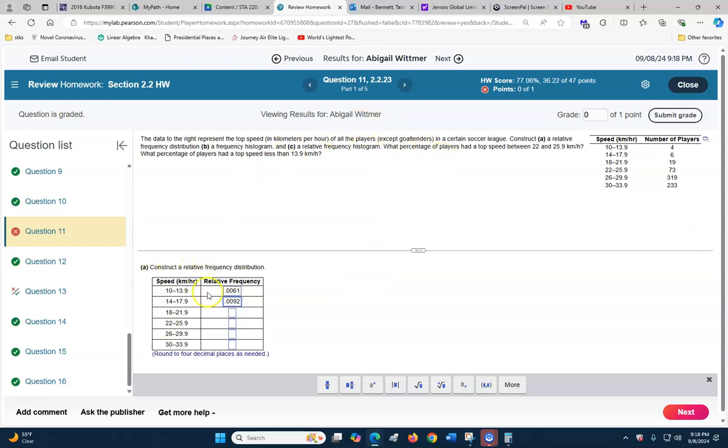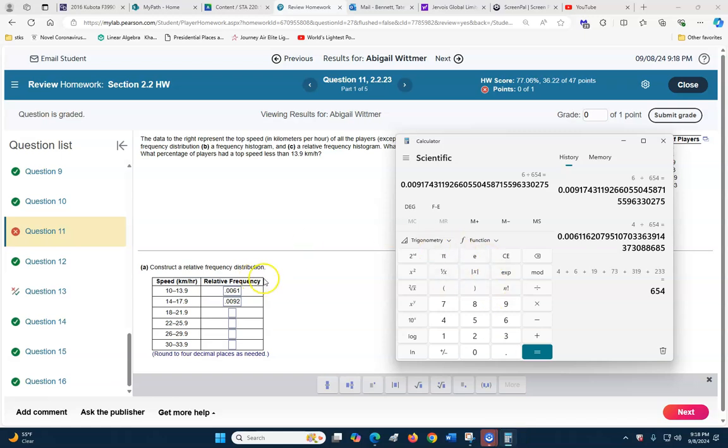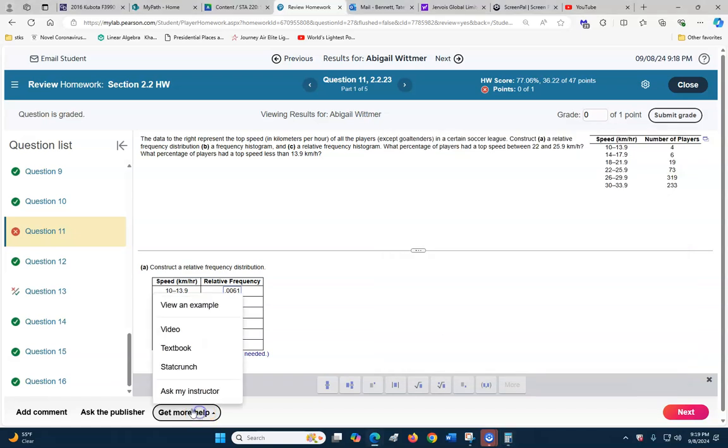So I wouldn't use StatCrunch necessarily here. I wouldn't bother. Just pull out a calculator and do the number crunching. Probably be much quicker. And again, you use this Ask My Instructor. That's helpful for answering questions. Hope it's